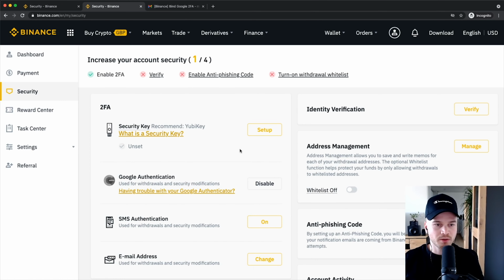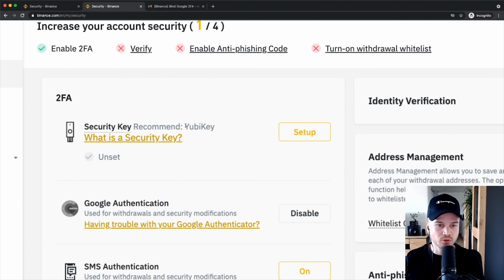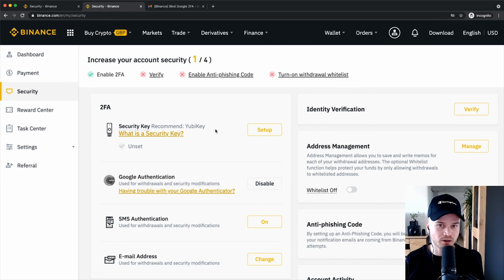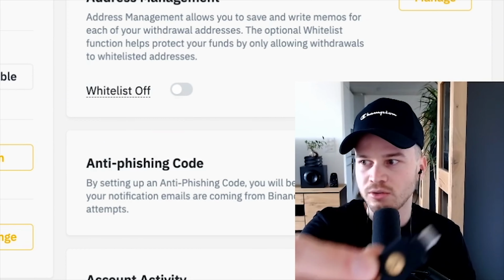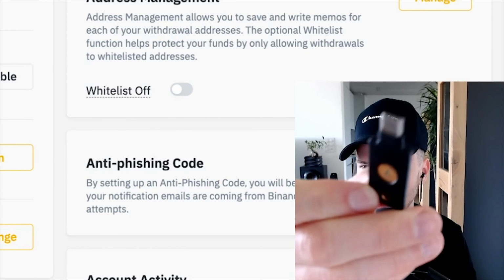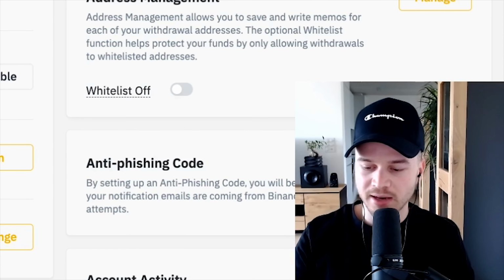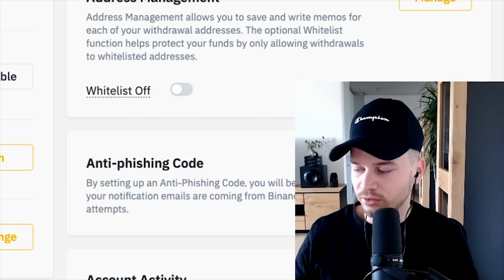Now, one more thing I want to mention about security is that if you want to enhance your security further, you can get something called a YubiKey, which is like a hardware device that you have to put into the USB port of your computer, and you can only access your account when you have that device plugged into your computer. And I actually have one here. That's what I use to access all my cryptocurrency exchanges. This is what it looks like. It's like a very small USB device